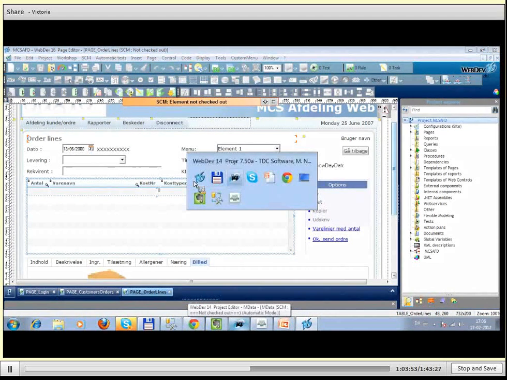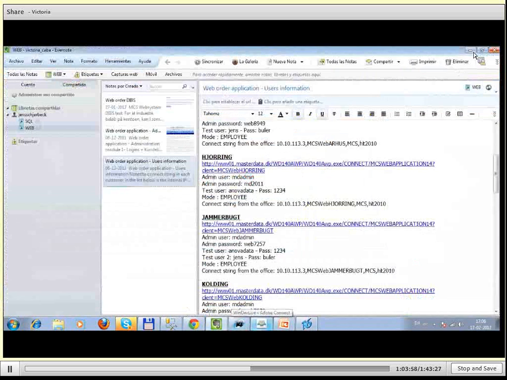The source code manager sometimes is good if we have like